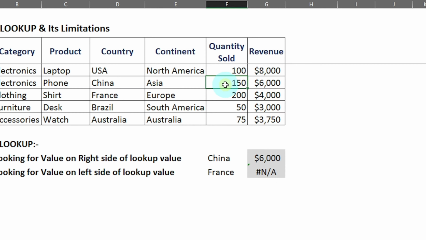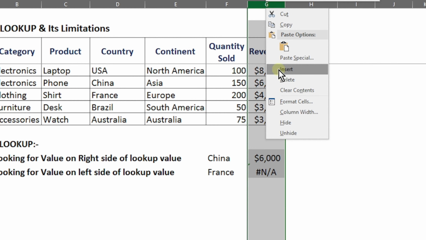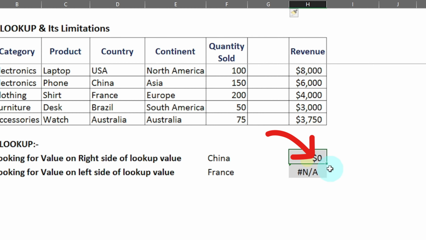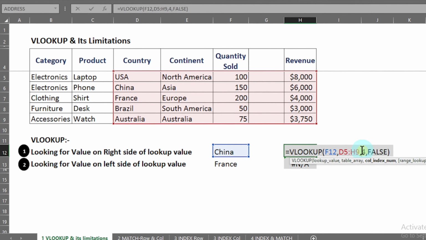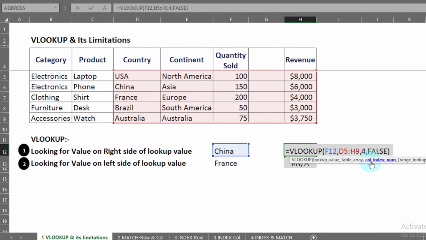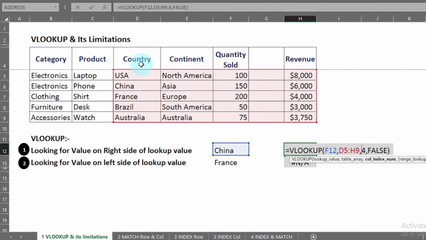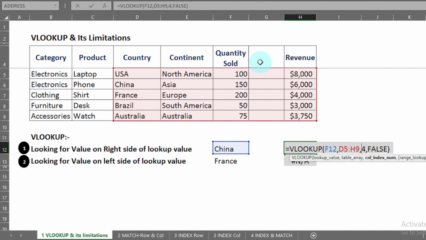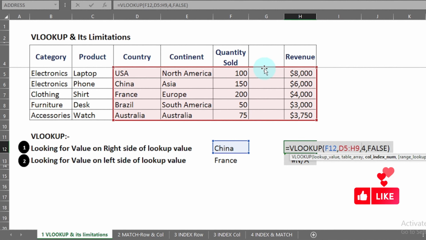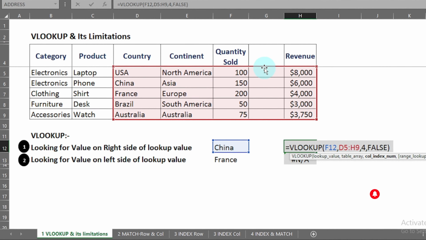For instance, if we just add a column over here, we insert the column, and here we see that the answer is not appearing appropriately. We press F2 and we see that here we have 4 as the column index number. So country is first, second is continent, third is quantity sold, fourth is the empty column, and that is why it is returning 0.